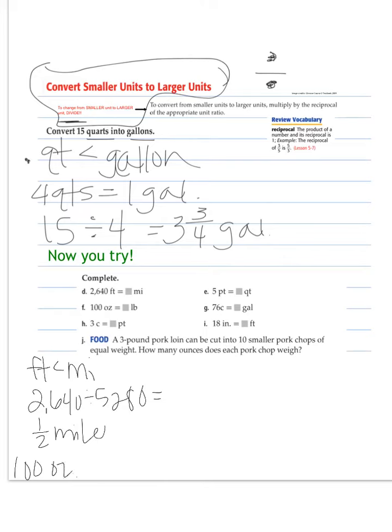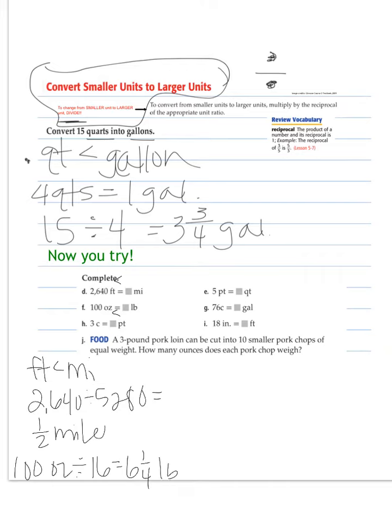100 ounces. So I know that ounces is less than a pound. So also we'll go up here. A foot is less than a mile. So ounces is less than a pound. So that tells me that I'm going to divide. And there's 16 ounces in 1 pound. So I take 100 divided by 16. And I get 6 1/4